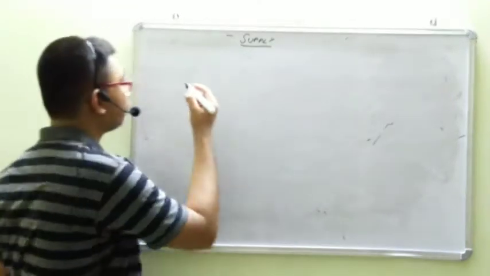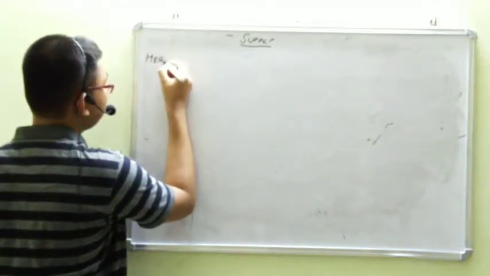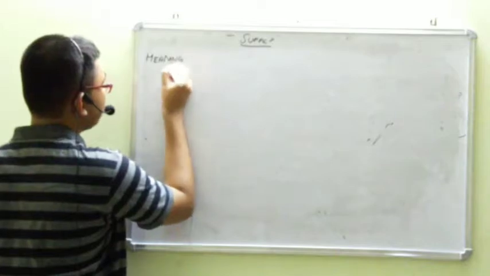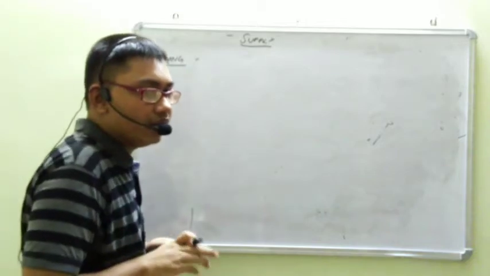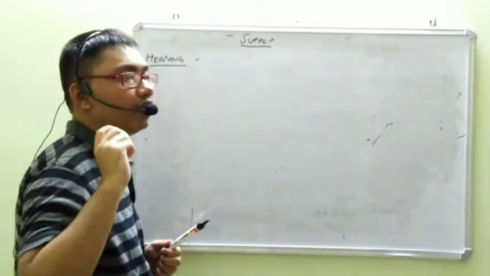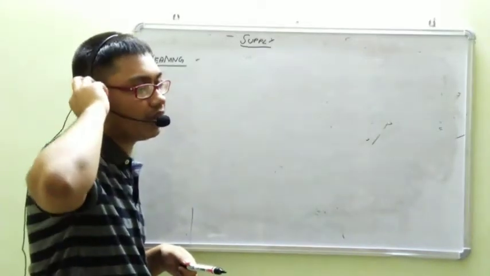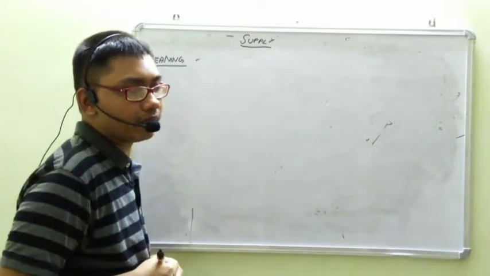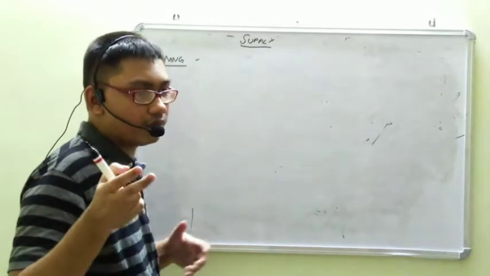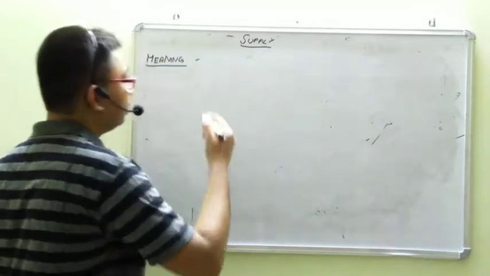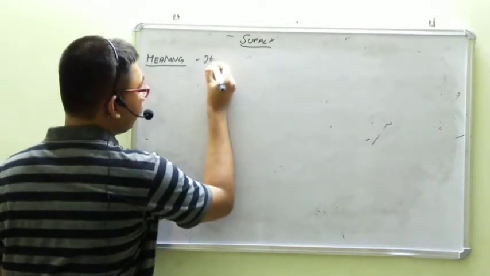So what is the meaning of supply? How did we define demand? Demand is the quantity of a good a consumer is willing and able to buy at a given price during a given period of time. Here there is nothing like able to produce, though we need to consider how much the producer can produce. However, in the definition we say it is the quantity of a good